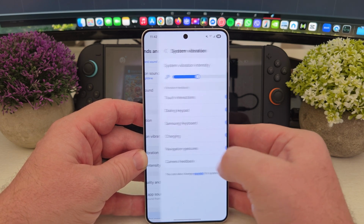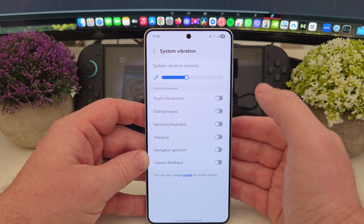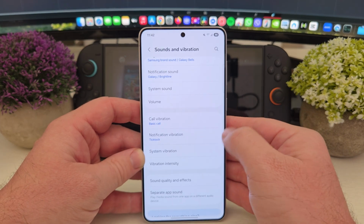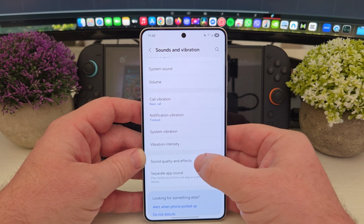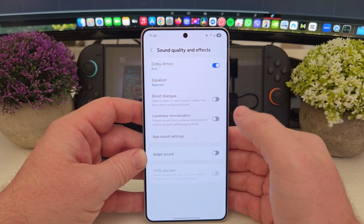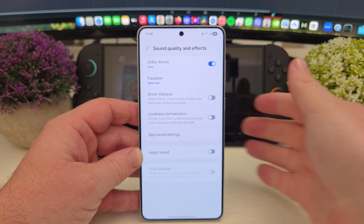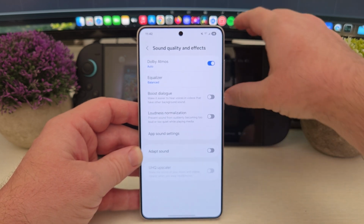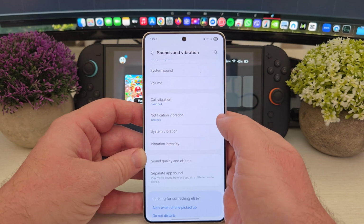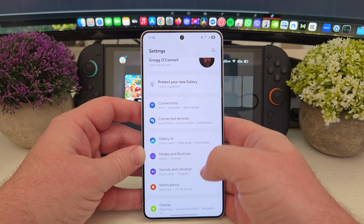Going down, system vibrations. I turn all of these off generally too. I'm not a big person wanting all these vibration feels. If you like it, keep it. But otherwise I turn them all off. It gets a little bit annoying, at least in my eyes. Sound quality and effects, turn on Dolby Atmos and keep it to auto. You'll get much better sound on your music, your videos, everything that you listen to will be better. It's so cool how much it improves the sound on there. Go back, and then we want to go next into your